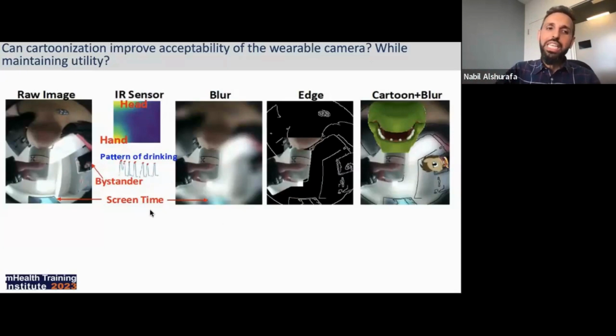And interestingly enough, with certain obfuscation techniques, we can still tell that there is a screen, we can still tell that there is a bystander, but we can't really distinguish or ID that bystander or what's going on in the screen. This still gave us some contextual information surrounding the activity while still addressing the privacy aspect.